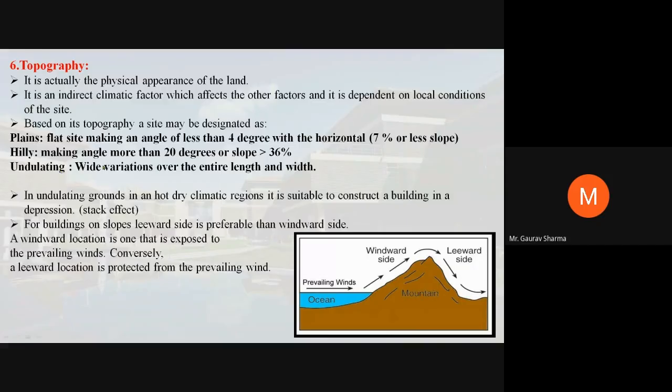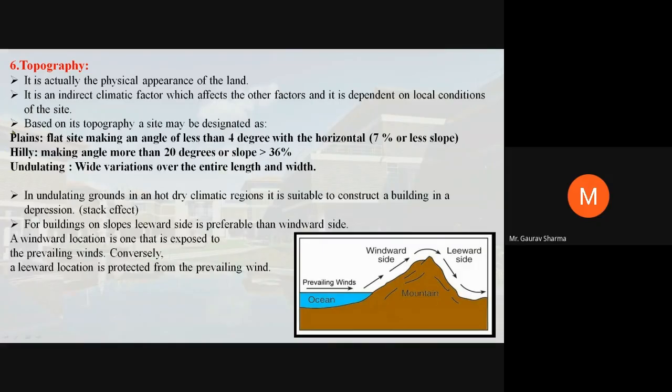Whereas the undulating topography means wide variation over the entire length. Means for some of the portion there is some hilly area, whereas it makes a depression on the other side, then again hilly area, then depression. Okay, a series of these events or a series of this geographical formation is there, then it will be known as the undulating site or undulating topography. ठीक है, इसको हम लोकल लैंग्वेज में उबड़ खाबड़ बोल देते हैं कि ऊपर नीचे, बिल्कुल भी संतुलित नहीं है। ठीक है, तो दैट इज द थ्री डिफरेंट टोपोग्राफीज।